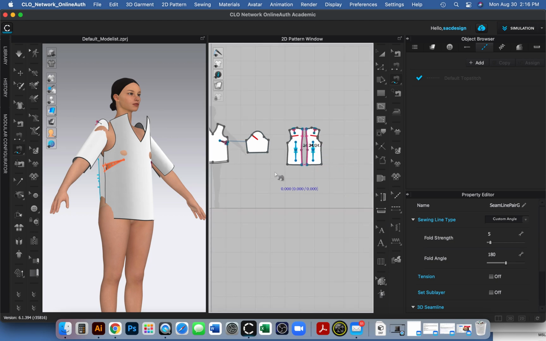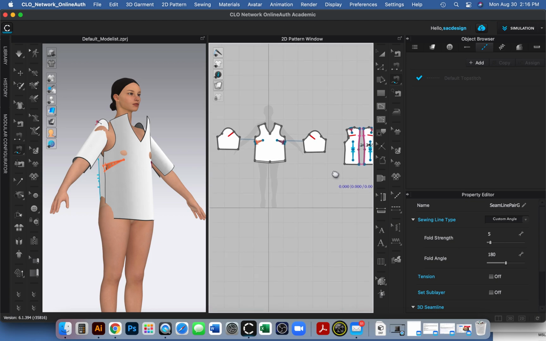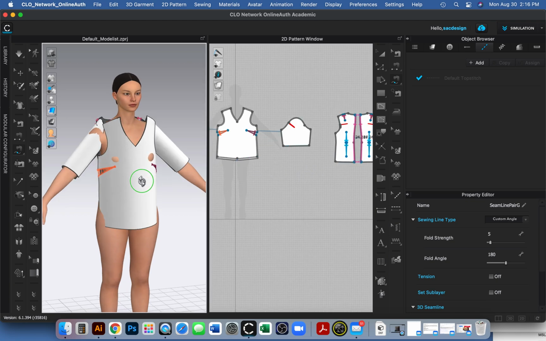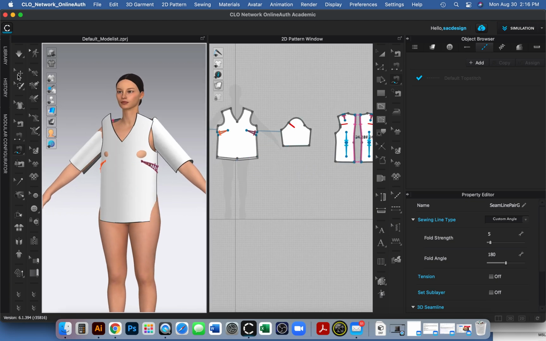Okay, so I got the center back sewn. I also need to sew up my side seam. So I do know that this side seam is going to get sewn to this side seam. And if you're not sure how I figured that out as well,